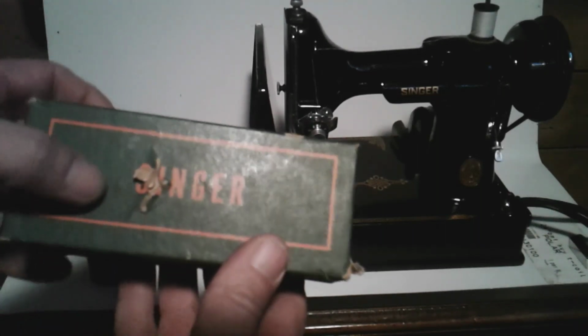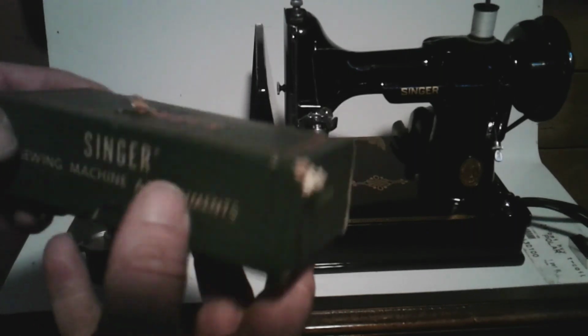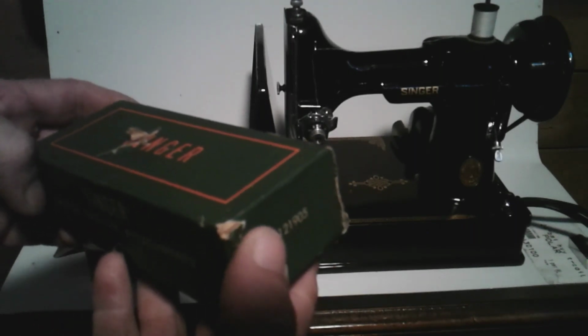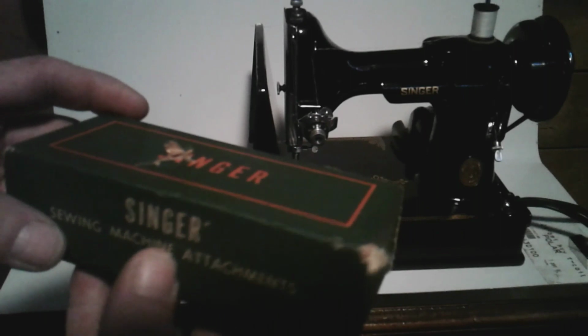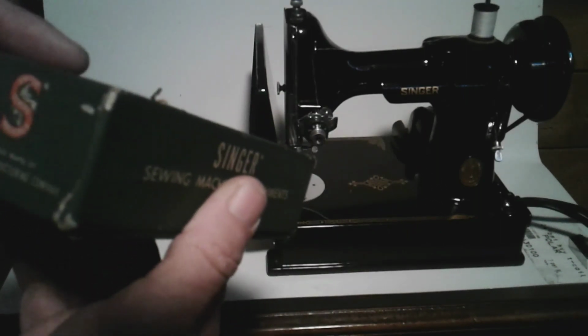Also, this is the box that it came with. Unfortunately, there's a blowout on this box, but I'm okay with that as well. You never find these boxes in great condition. But yeah, it's got all the accessories in it. Let me see if this one actually says...